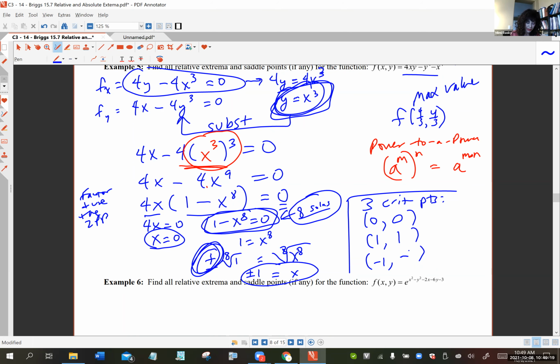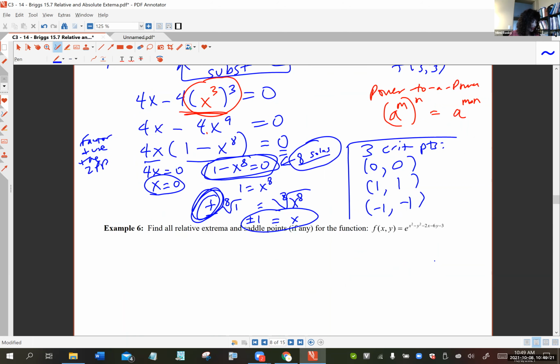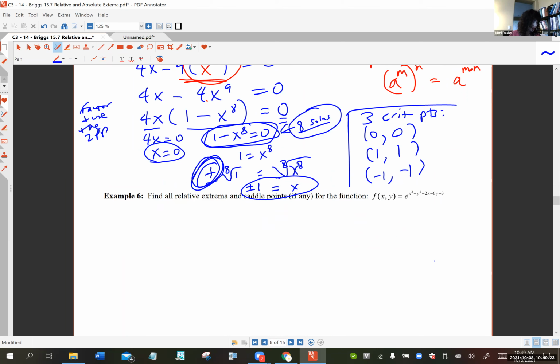-1 cubed is -1. Oh, wow. Okay, fine. So now it's time for the D test. So let's go get D. D is fxx times fyy minus fxy squared. Here we go. Fxx,